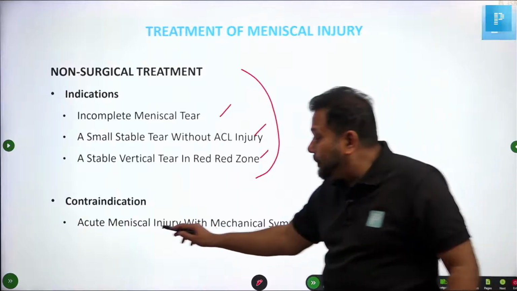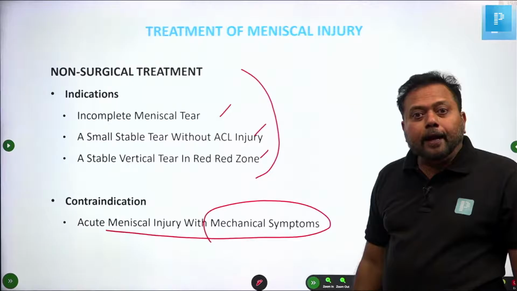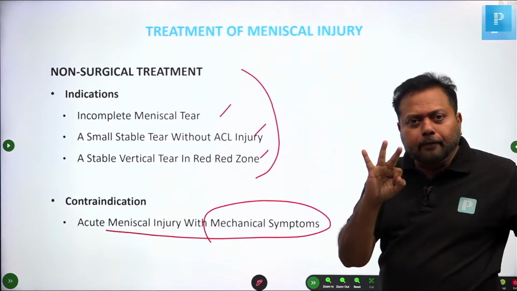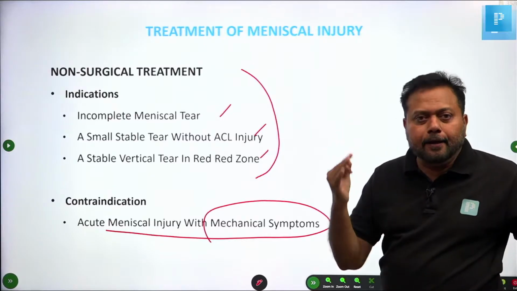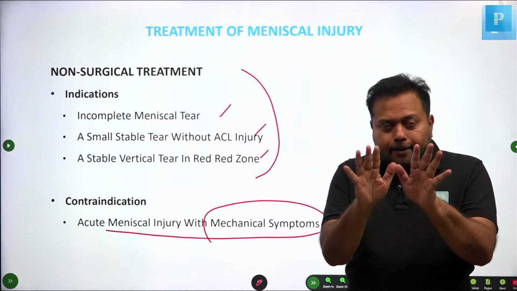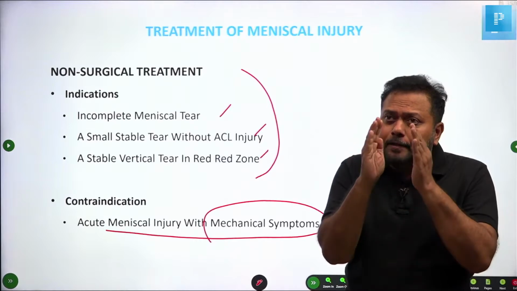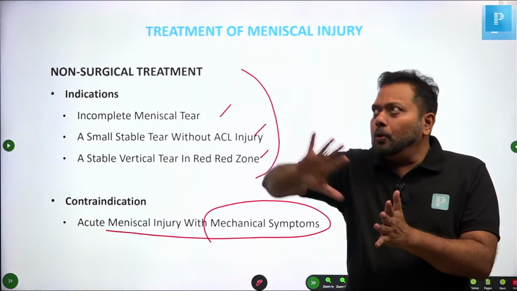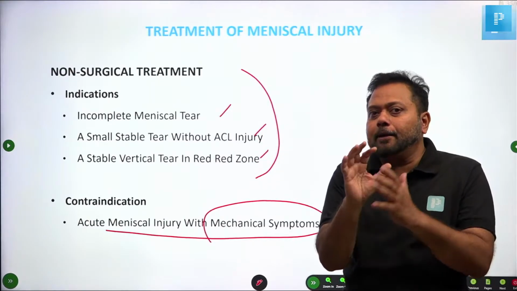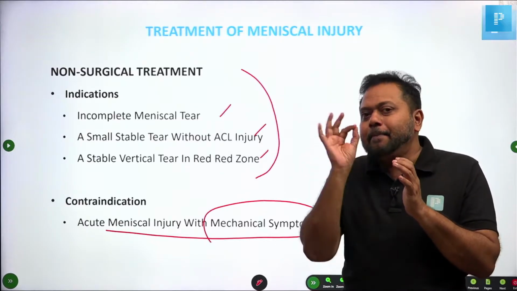When patient complains of mechanical symptoms, okay, what is mechanical symptom? Locking, popping, clicking. 3 rhyming words. Locking, popping, clicking. See, meniscal injury. See, dear guys, in clinics, this is very important. Please focus your attention for 10 seconds. Mechanical symptom is a word reserved only for knee joint. In no other place in ortho, they will teach a word called mechanical symptom. It is restricted to knee joint, especially meniscal injury.